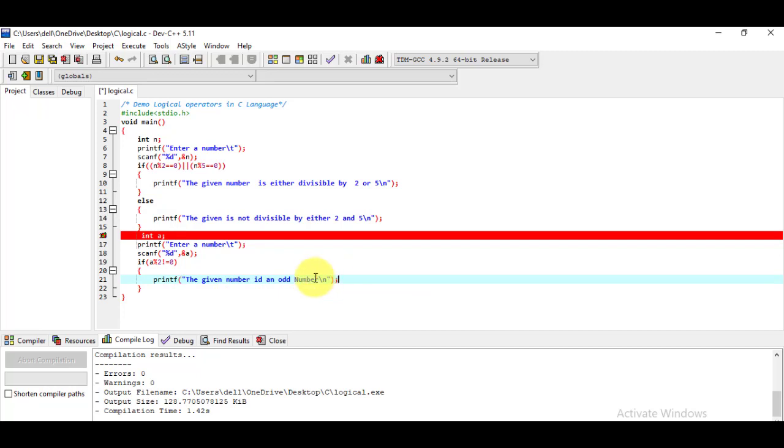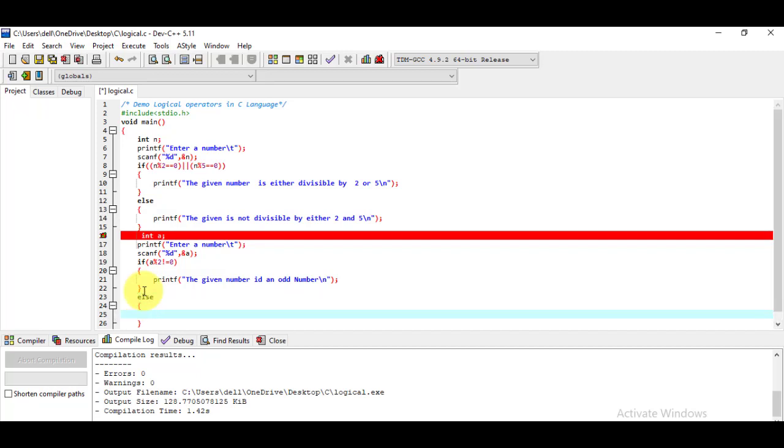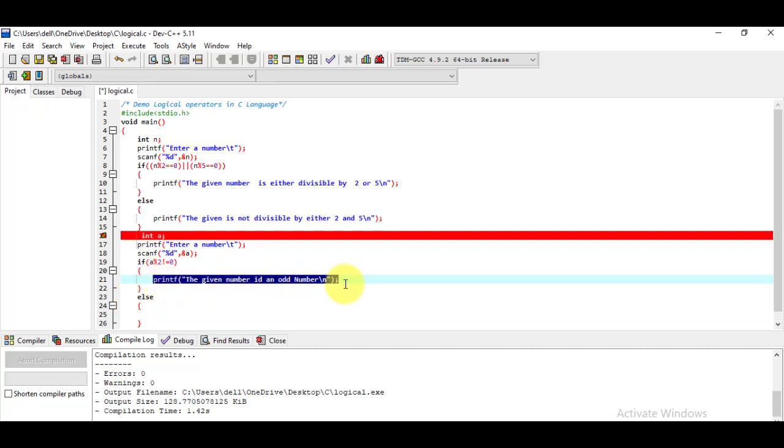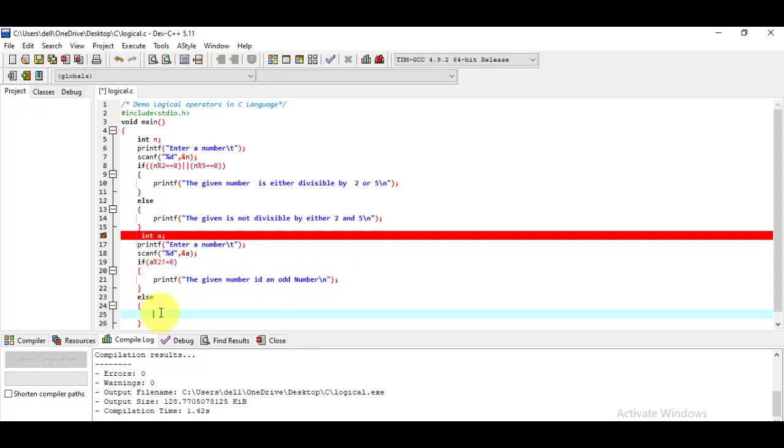Then we have to write the body of else, if the condition is false. Else, here I copy this line once again using Control C and paste it using Control V. The given number is an even number. Okay, so save your changes.